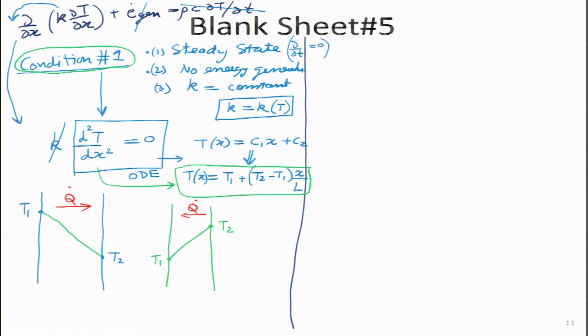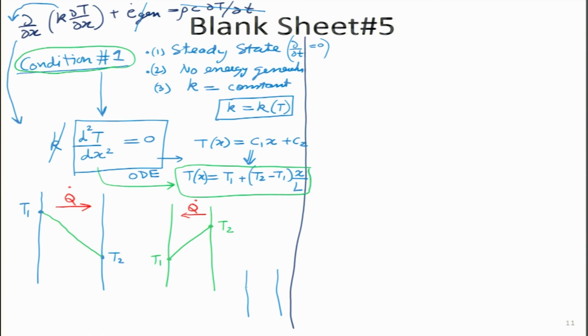Let me ask you another question. Is there another straight line which is possible in the plane wall, where the temperature profile is neither increasing nor decreasing? I think you get that hint. In that particular case, the temperature can actually be uniform throughout. What it means is T1 is equal to T2 over here. This is also a straight line. So, these are the types of temperature profiles we can expect if condition 1 is met.